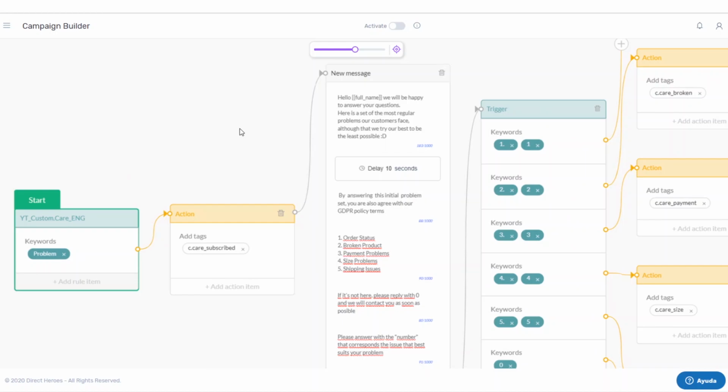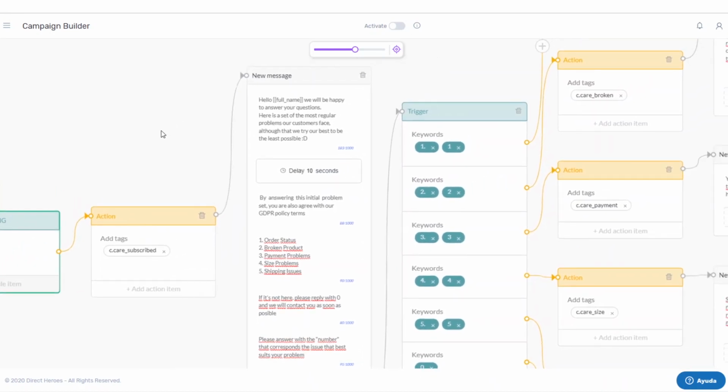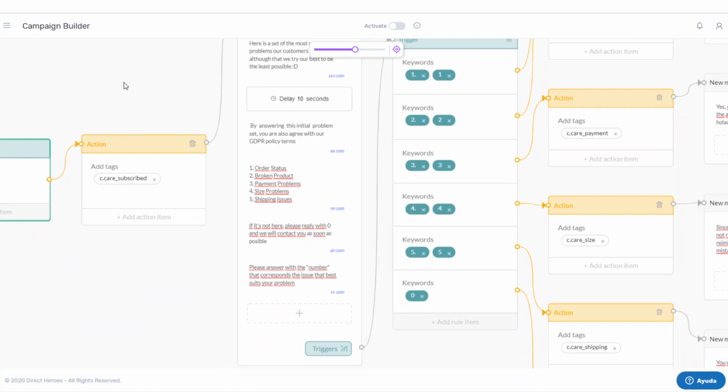Remember that's the yellow frame, and then the first message pops up. In that sense, remember the curly braces command with the full name that will activate when the user sends us a message we are replying with their name, so it's always more customized and it's well received by the customer. Then comes a delay, and then we make mention of the GDPR policy, because